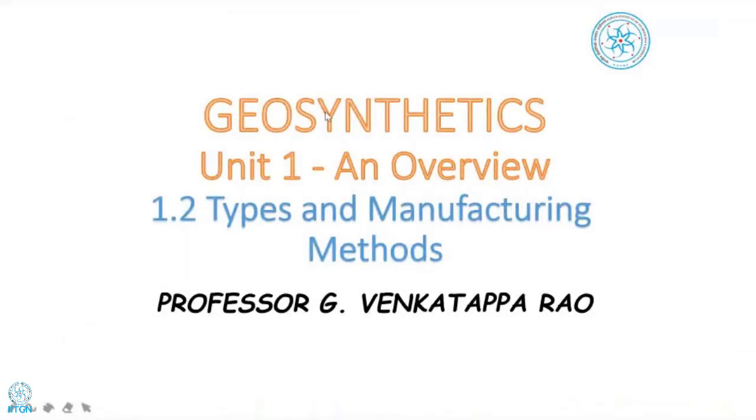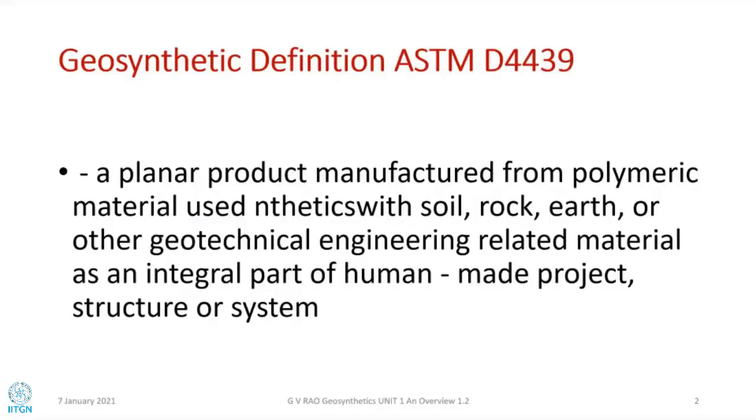So the next unit we wanted to cover is coming under the basic unit 1, an overview. This deals with types and manufacturing methods. What are the types? First of all, let us go through the definition of geosynthetics itself. As per ASTM, we have the definition. It's a planar product manufactured from polymeric material